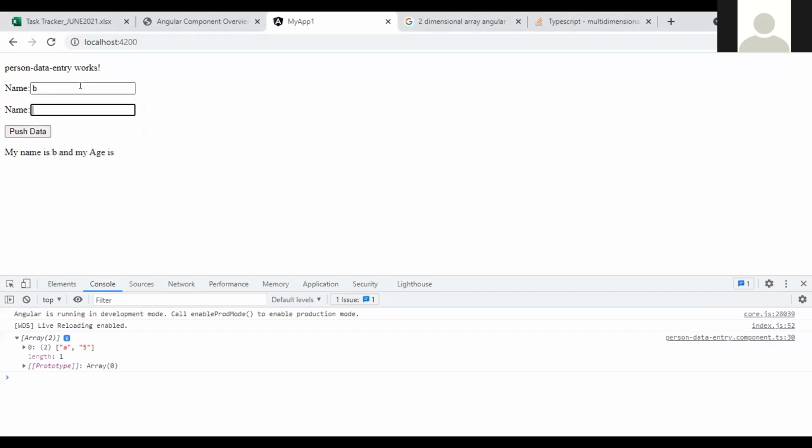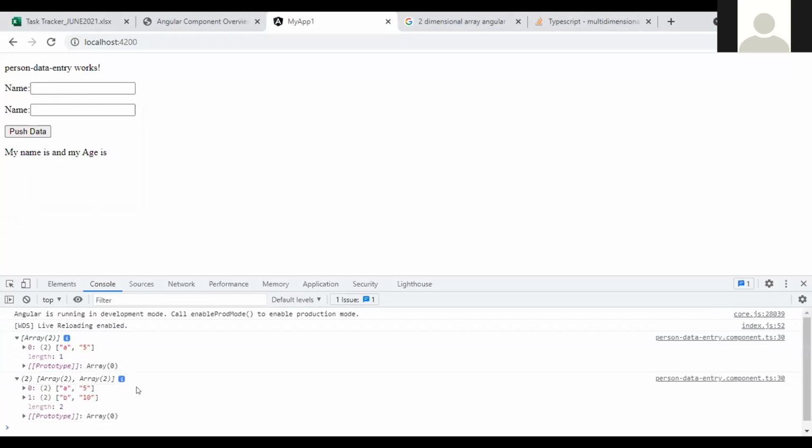Now B, 10 push. This is okay. It can be done in a better way. Probably a JSON object is the right selection. Right now you're pushing two arrays into one array.